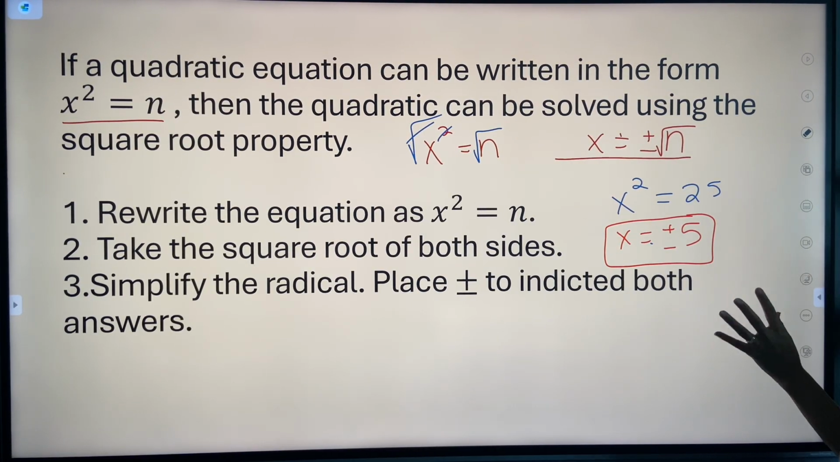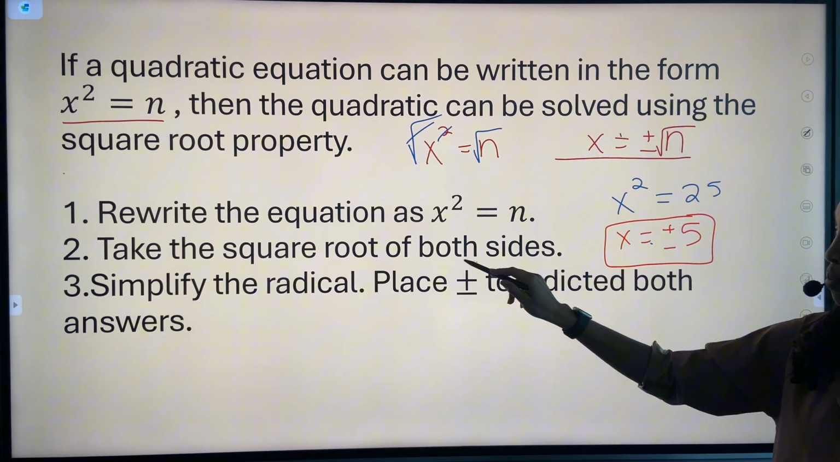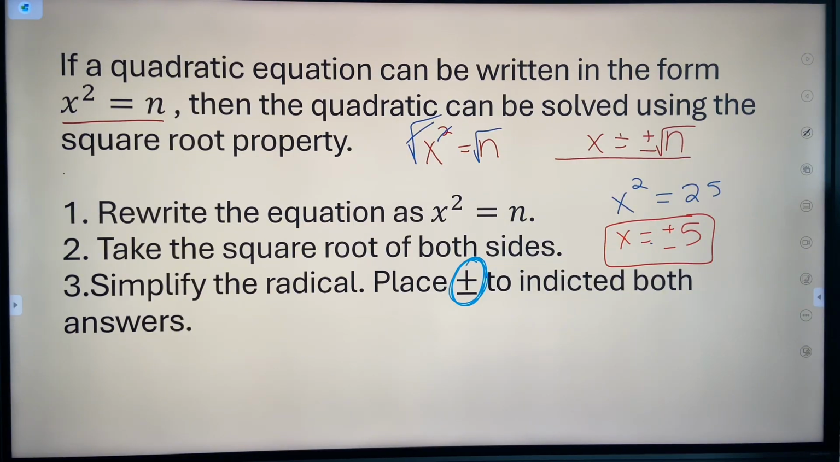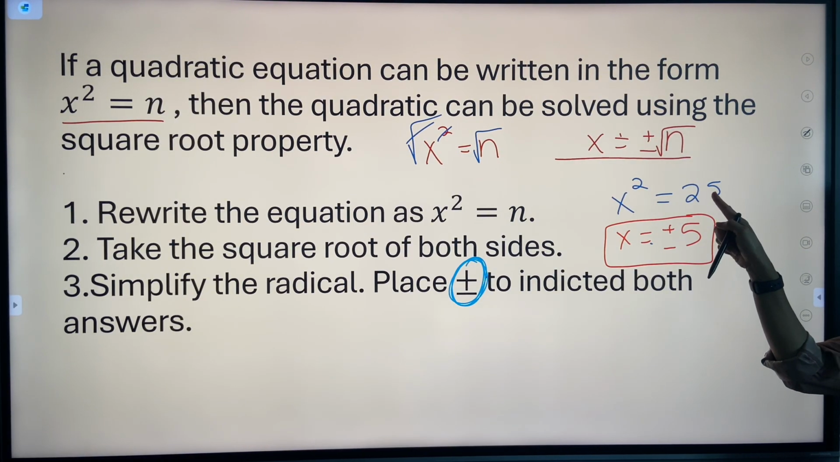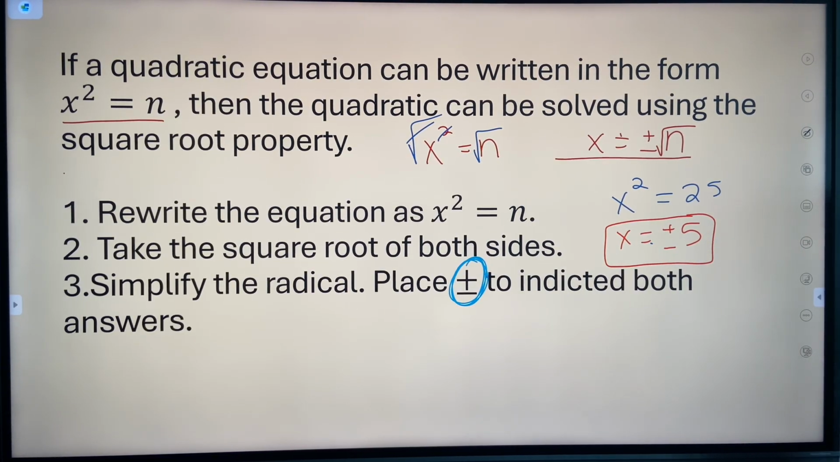So guys, every time you solve these square root problems, you need to place a plus or minus to indicate both of your answers. Because there's 2. 5 squared is 25 and negative 5 is 25 when you square it. Okay, so let's go ahead and go through these steps